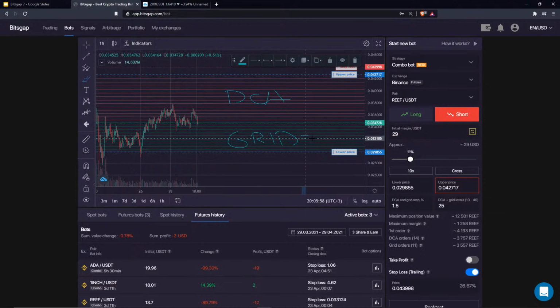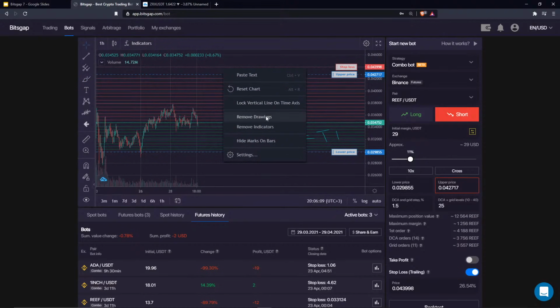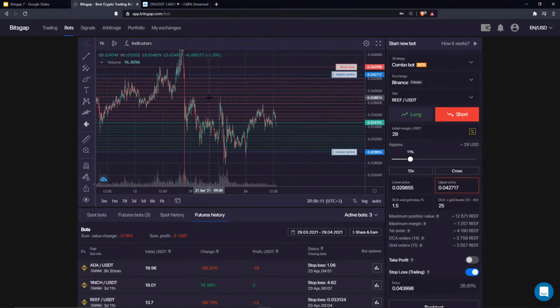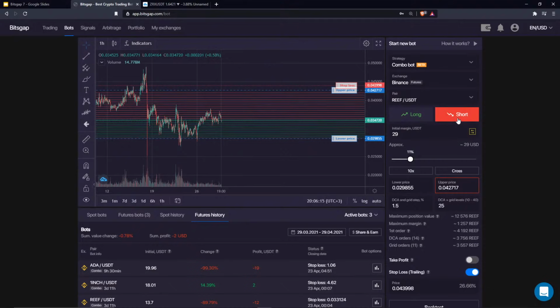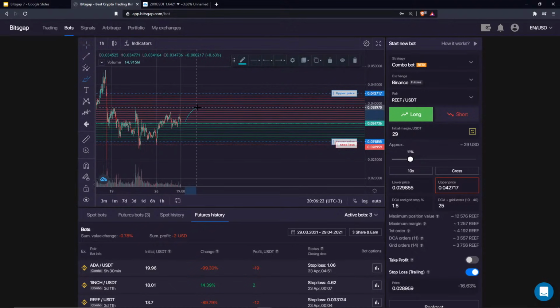So these are your take profit, because we know that for the short bot your take profit zone is below the entry price. Okay, that's the only difference with the long. So as far as you think that the price will fall, then stick with the short strategy. If you think the price will go higher, stick with the long strategy. If you think the price will move sideways,